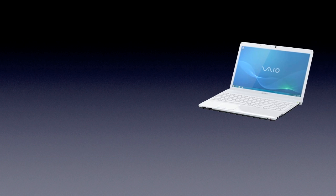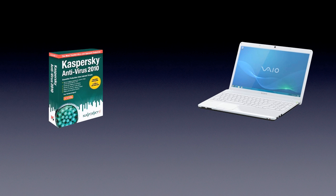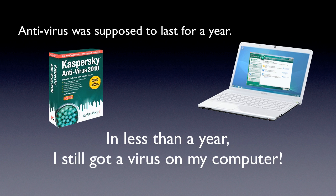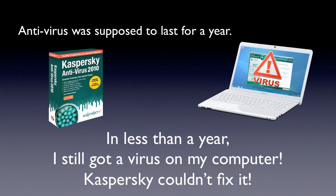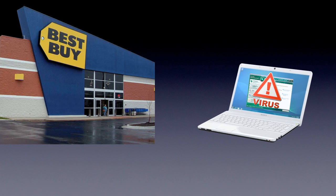Also, I had a Sony Vaio, and I bought Kaspersky Antivirus. Best Buy told me that this is the best antivirus at the time, and I installed it on my computer, and it was supposed to last for 1 year. And yet, in less than a year, I still got a virus on my computer, and Kaspersky could not fix the virus. So I took the computer into Best Buy, and I asked them if they could fix it and restore it back to the way it was. And so they told me that in order to get the virus off and restore everything back to the way that it used to be, it was going to cost